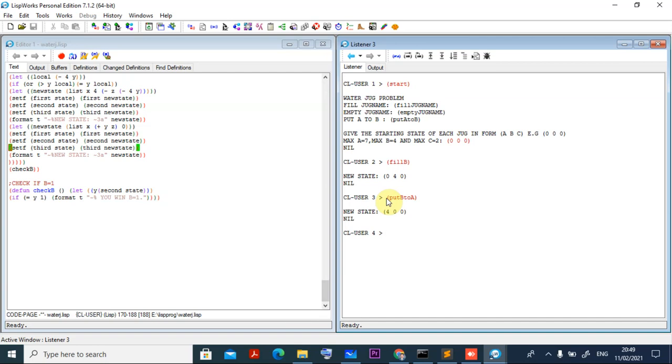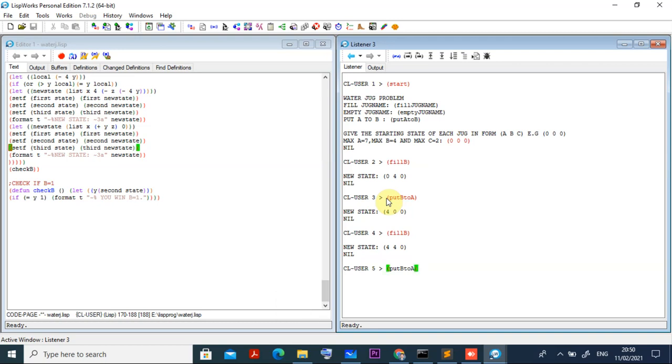Then I go for fill B. Okay, so in this fill B command you can check it here, so it is going to the new state 4 4 0. Okay, now I am going for put B to A, put B to A.